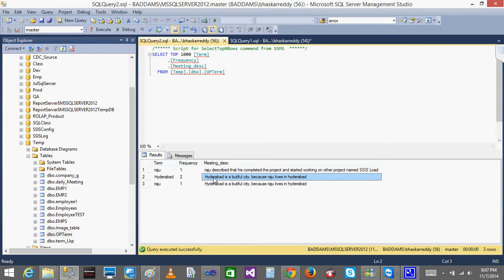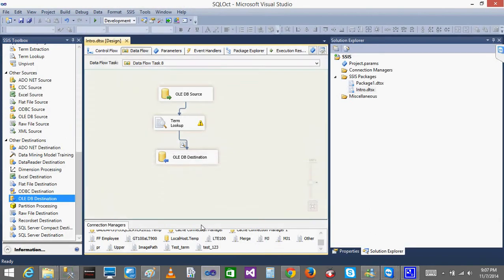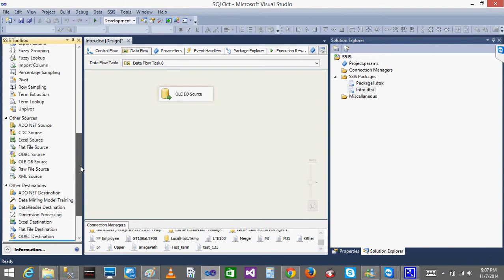So okay, if you want to see anything like that, then you will be using this term lookup. The term lookup is by default, means you need to manually store the term in a table and you will be passing. Okay, that is a term lookup. So one more thing we will be doing is that there is one more thing called term extract. Okay, what is a term extract means? Like you are manually mentioning which terms you want to extract from a table, right? You are manually mentioning, but there is one more called term extraction.